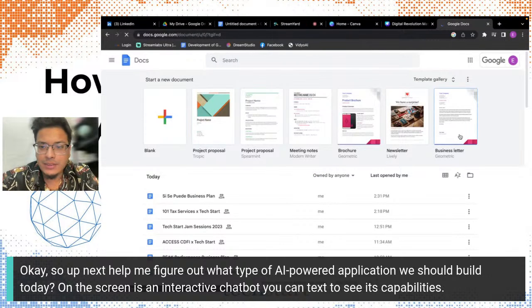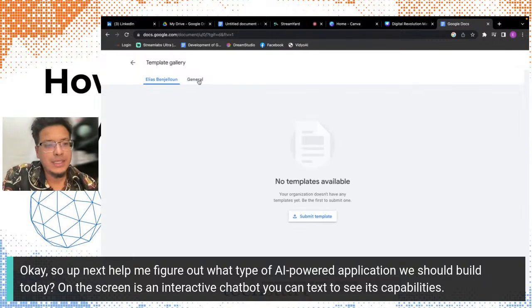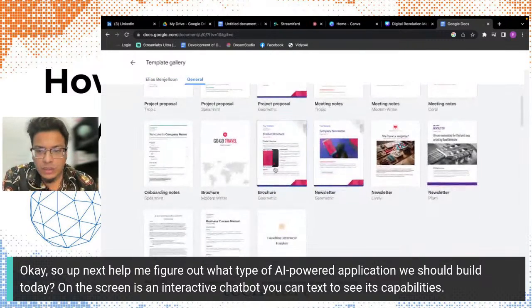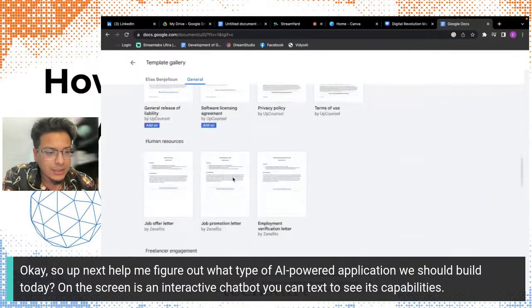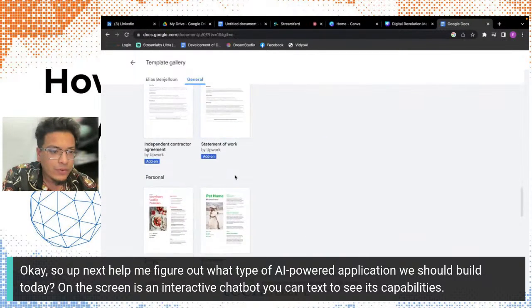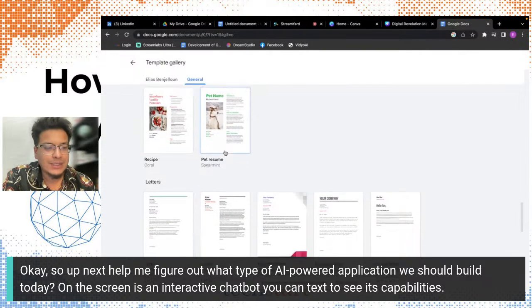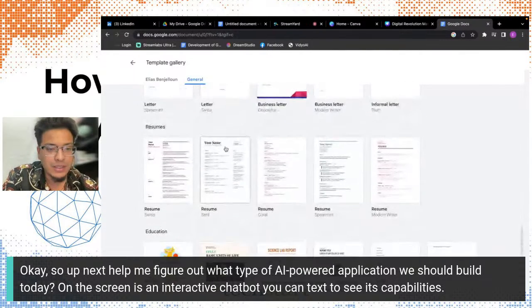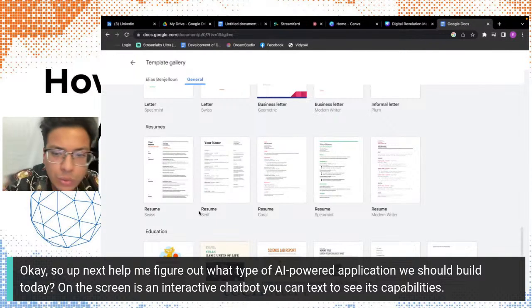Yeah, they got templates in here. We got a whole template gallery. Maybe they have a resume template that I can build from. Newsletter, business process, consulting, sales, legal, HR, freelancer agreements, personal. Okay, why do we have a pet resume, but I don't see a resume. Okay, great. A resume. Awesome. So we just need to pick one of these resumes, and I guess we'll rock with